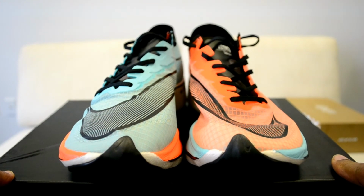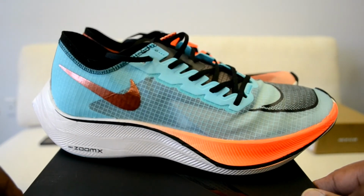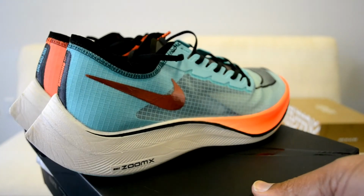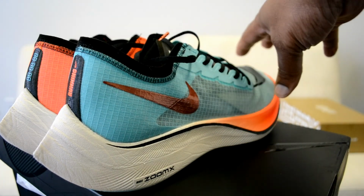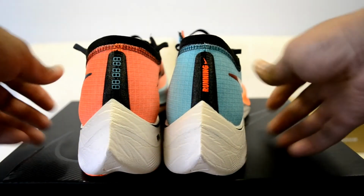And once again, the shoe is waterproof. Now, why is that? When you're running in a marathon, people pass you a cup of water. You drink it, and then typically you'll watch a marathoner. They'll pour the water down their face. That runs down your body, and it runs onto the shoes. You don't want your socks, or even if you're not wearing socks, you don't want the shoe to get wet because it can cause irritations. The inside of the shoe,